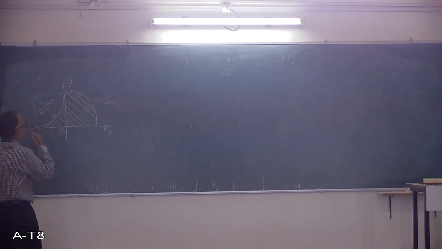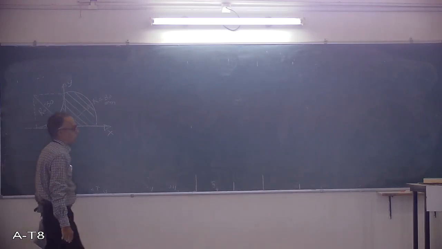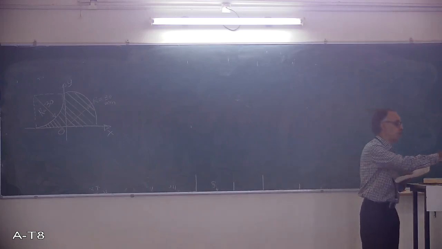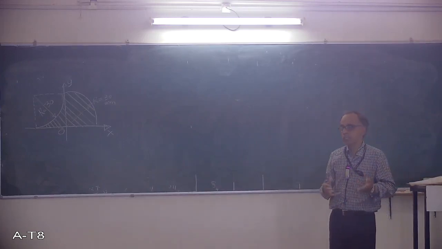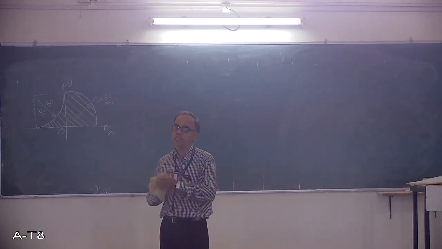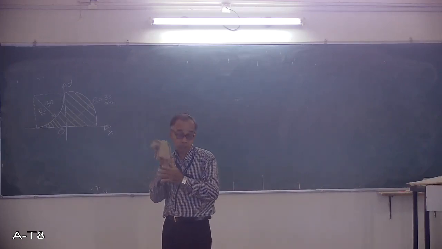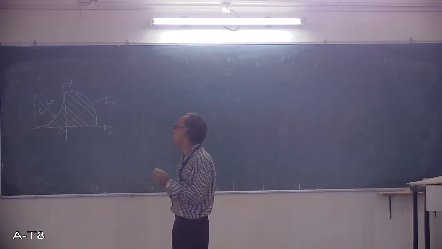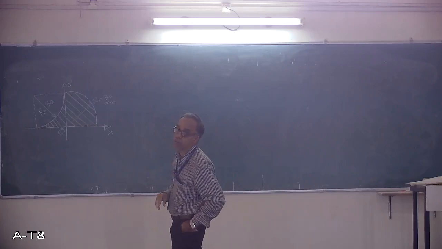So this is the figure that is given here. Now, as I informed you repeatedly, he has given the x and y axis. You cannot choose your own x and y axis. When he has given the x and y axis, with respect to that only you have to find out the centroid.